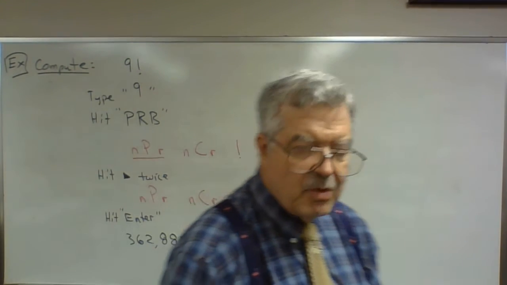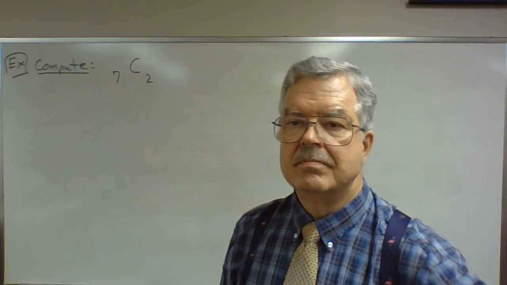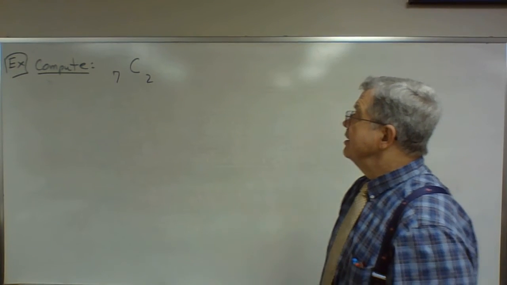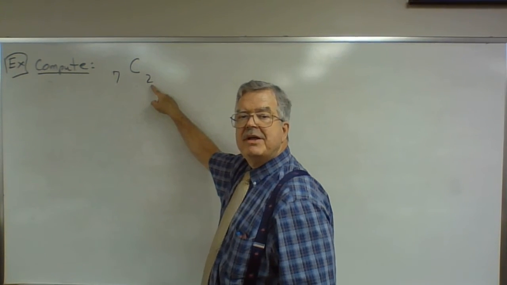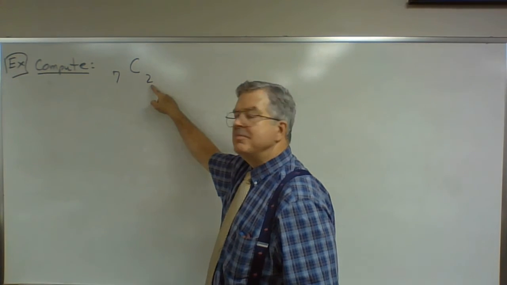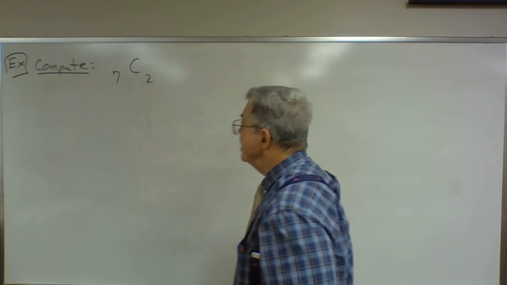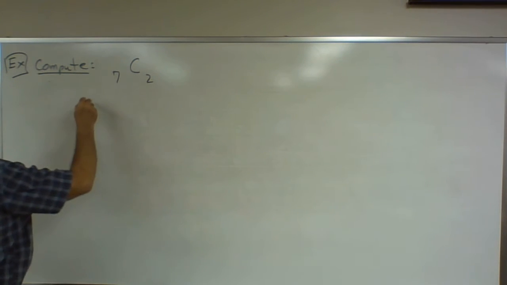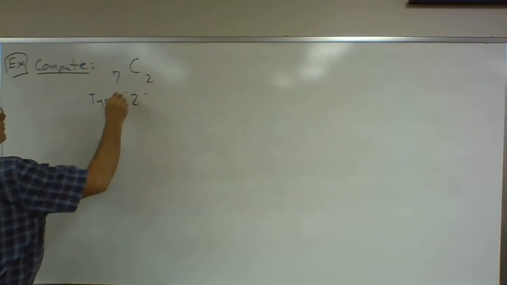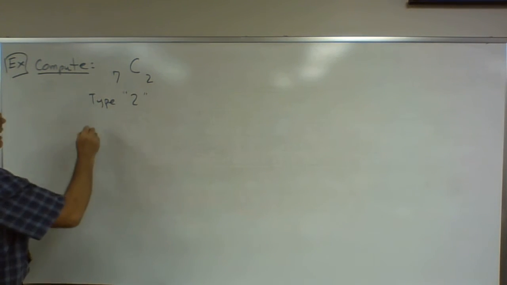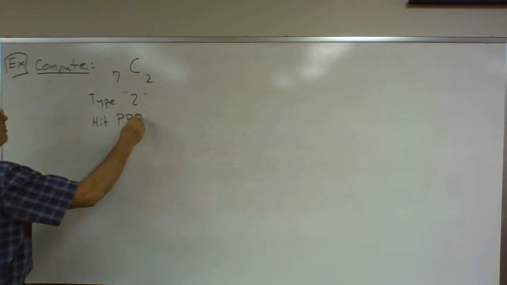Now let's do some more combinations and permutations. Compute 7C2, the number of ways that 2 combinations can be selected from a set of 7 elements. And here's what we do. Type 2, probability key, PRB,